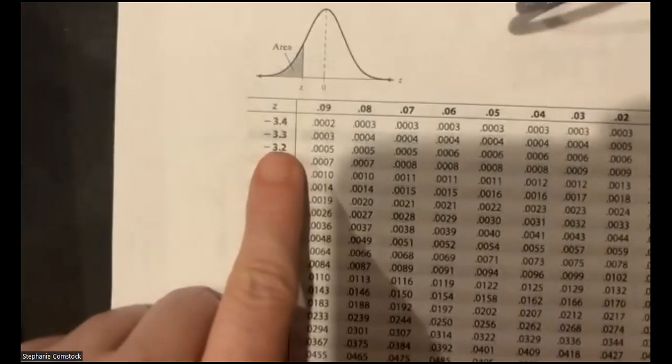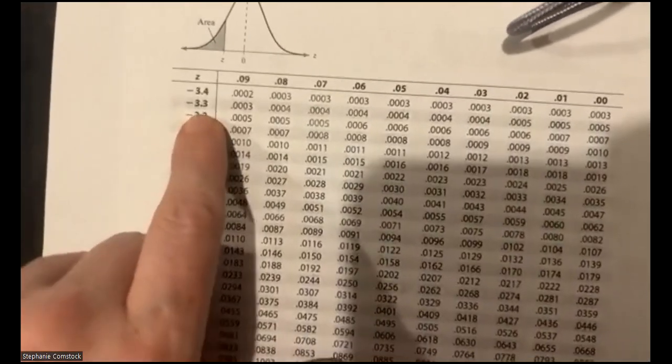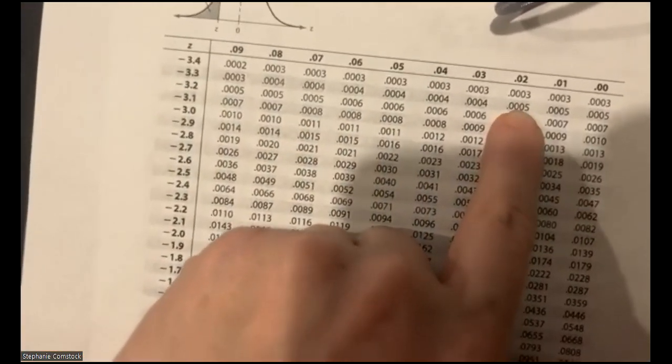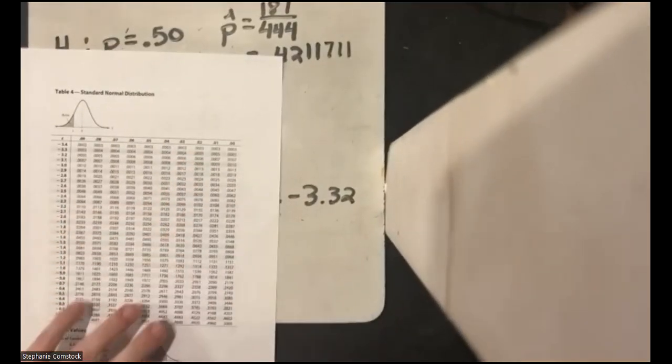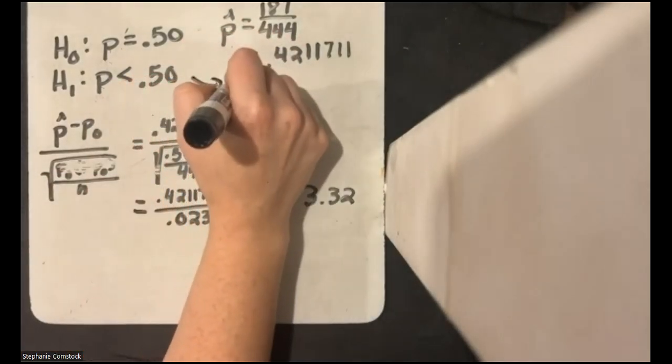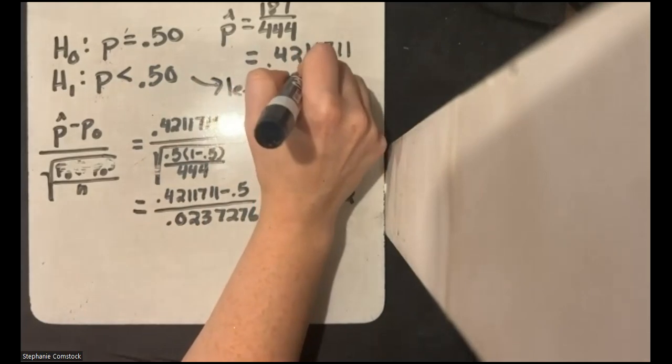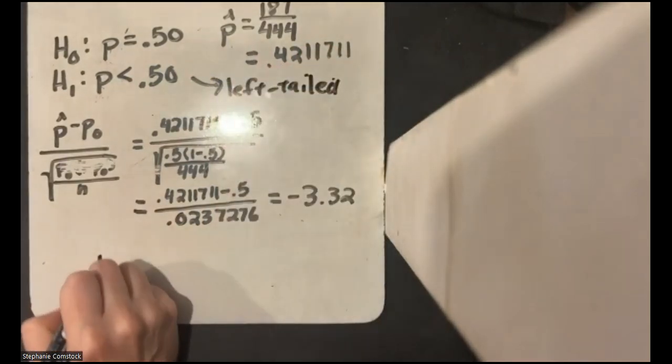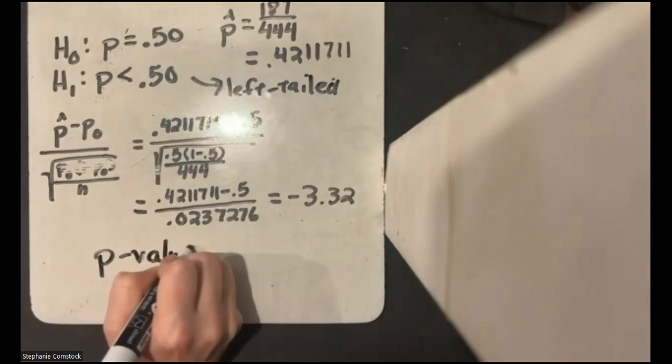Okay, we are going to go look. Remember on our bell curve chart, we're going to use negative 3.3. So here we go. Negative 3.3, and then we're coming all the way over here to 2. So we are at 0.005. Okay, and because this was a less than, we know that this is a left-tailed test. So this is going to be straight from the chart. So my p-value is that